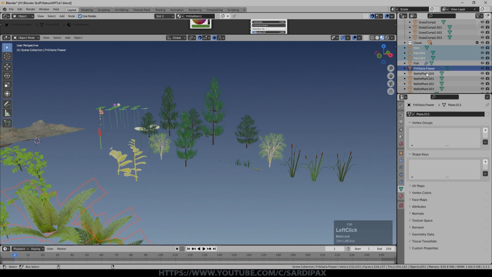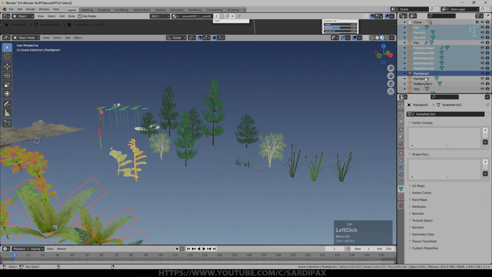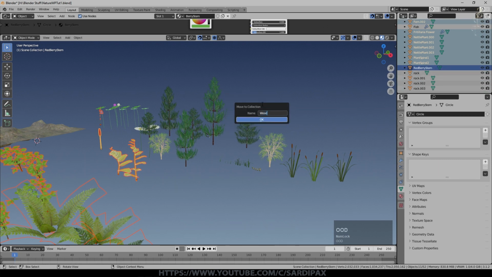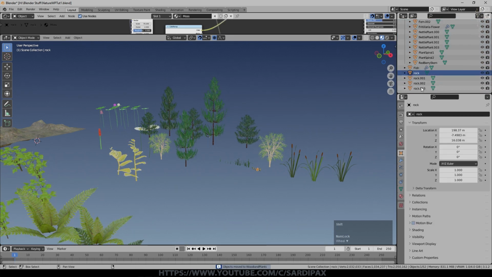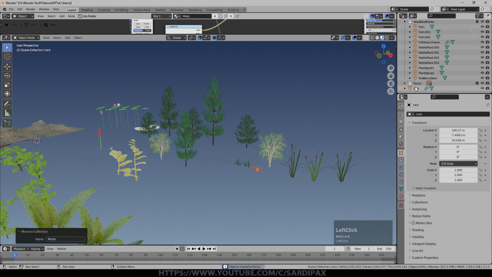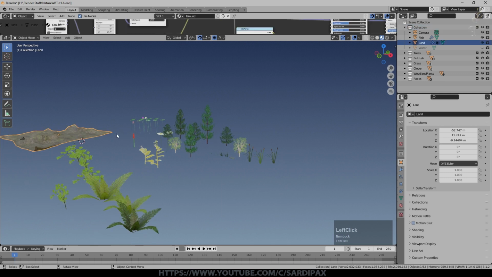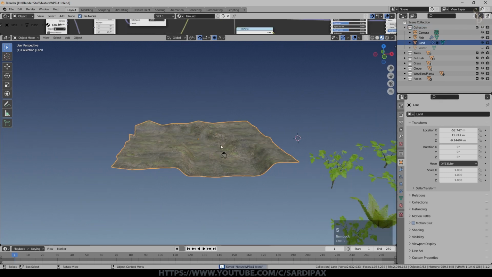And then ferns, these flowers, the nettle plants, spiral plant, red berry, those are all going to be woodland flowers or woodland plants. And then a collection for rocks. And you notice I've got a fish asset there as well, which we'll use later. So I'll just drag that up here and put it in the top collection. So we've got all these different collections now. Be careful because you can end up with things in multiple collections. And when you're adding new assets, they can end up in a collection which you didn't intend, which can be a problem if you're instancing thousands of them when you didn't intend to.